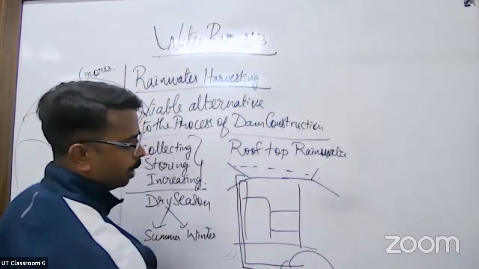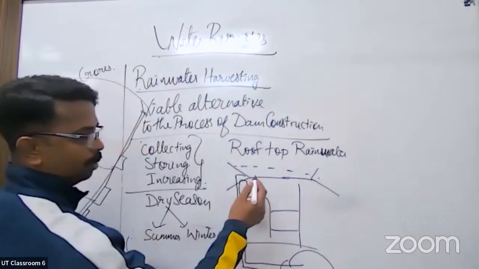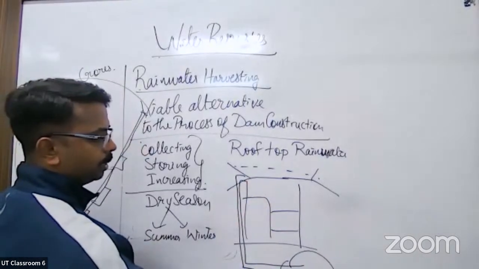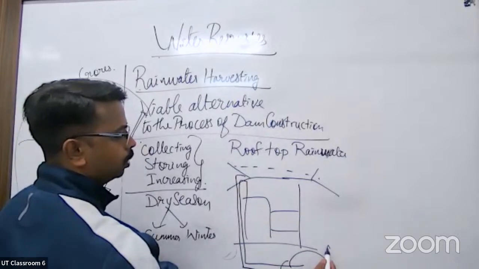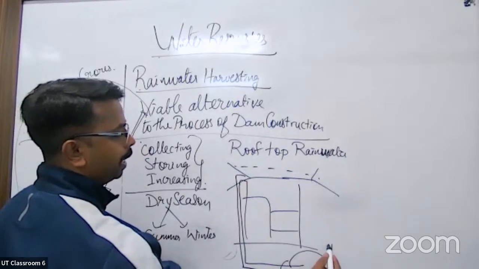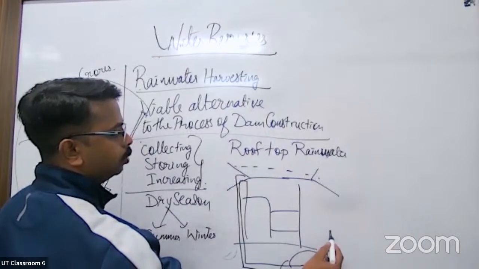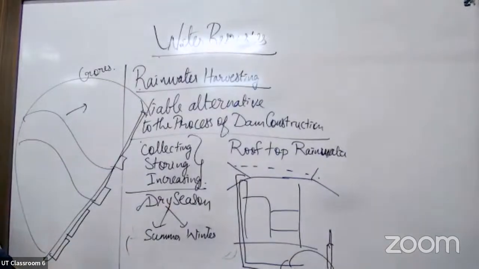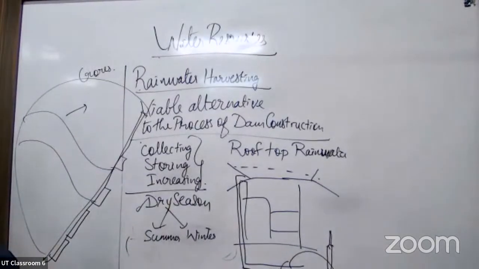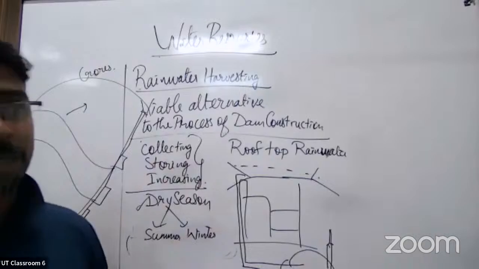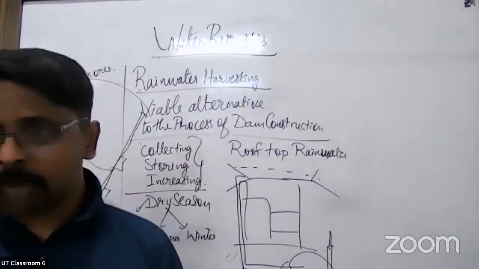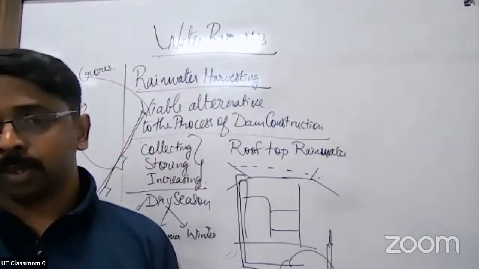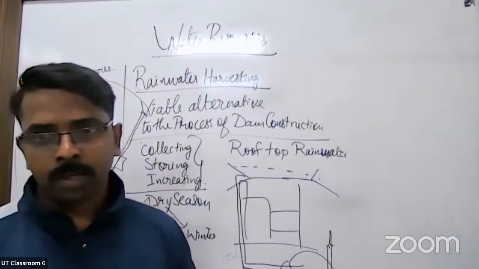So if this was your underground water level before rainwater harvesting, slowly and steadily, what will happen? The level will rise, and through a bore pump or a hand pump, definitely you can use this water during which season? Right. Why is it called rainwater harvesting? Because the excess rainwater which might be a trouble, which might cause flood, which might get into a drainage, or might cause soil erosion.